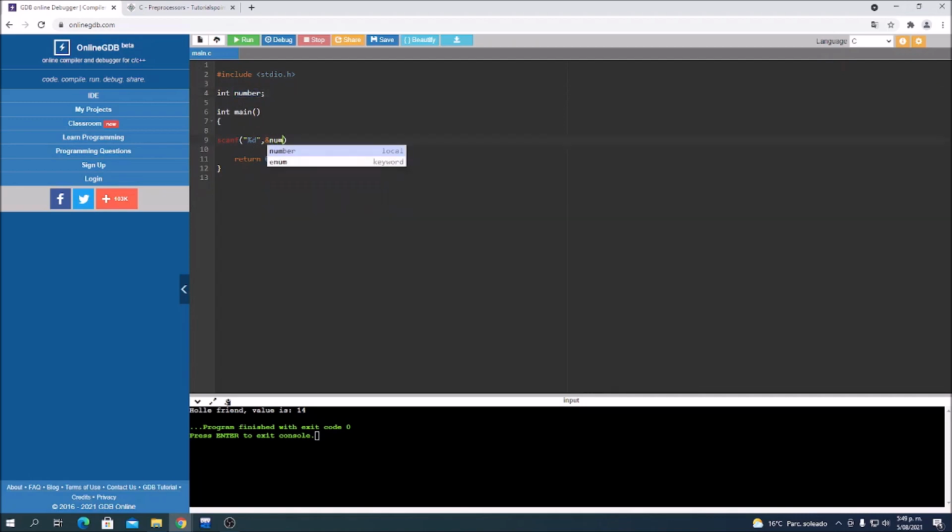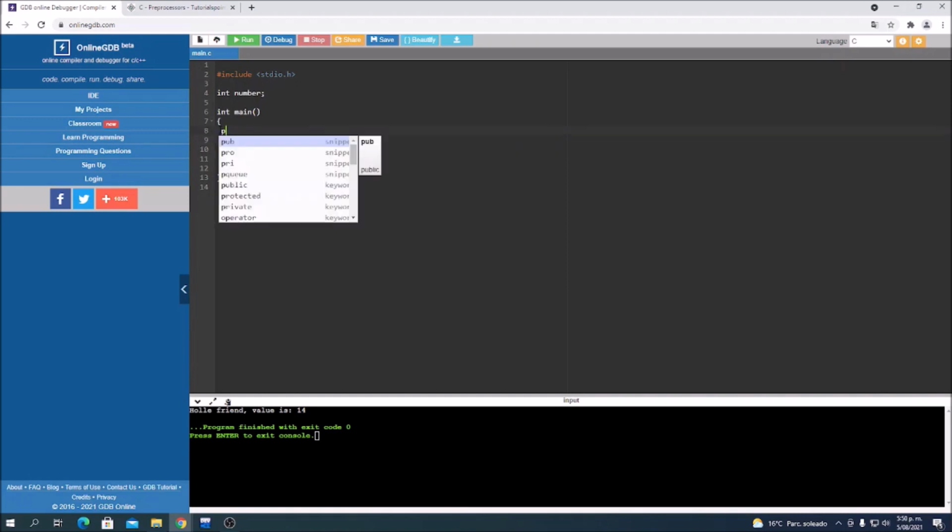So it's going to be this variable called number, of type integer. Okay, so scanf will wait for this input of number and will store it in this variable to not lose it, and I end this with a semicolon. However, to be able to see the process, we are going to print this message first with printf,